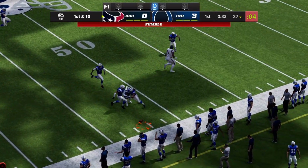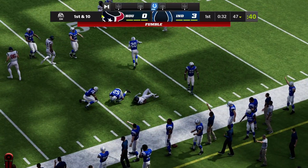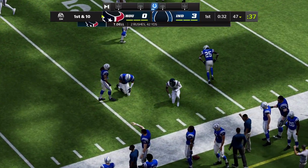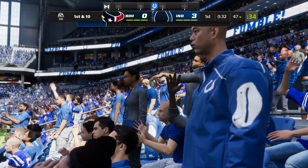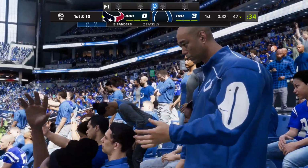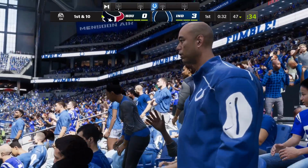He'll have and now look at this. Big gain, but a fumble. But this will fortunately wind up out of bounds. They're already trailing here in this first quarter. Last thing they needed was to cough the football, and they coughed it up, but luckily for them, it went